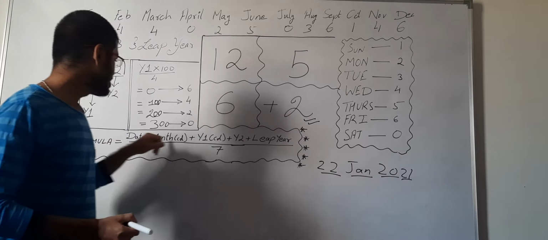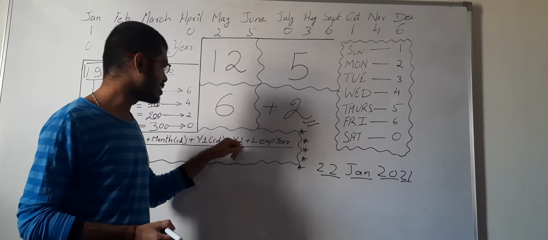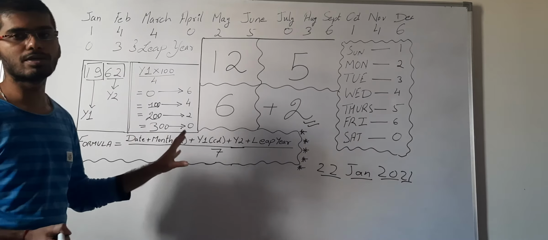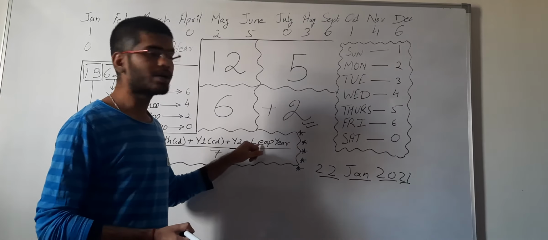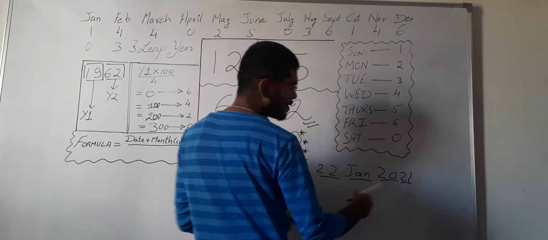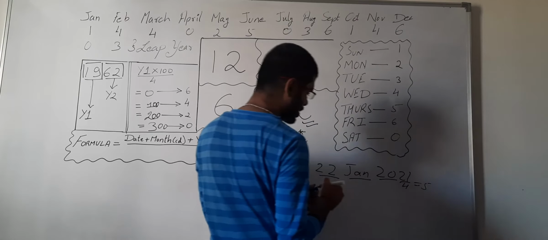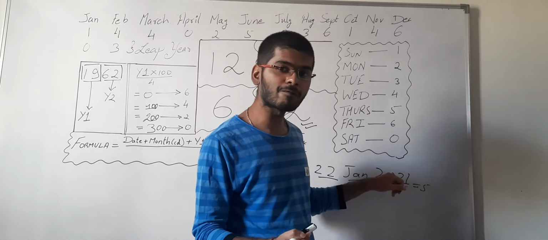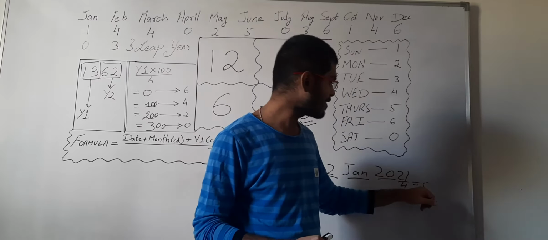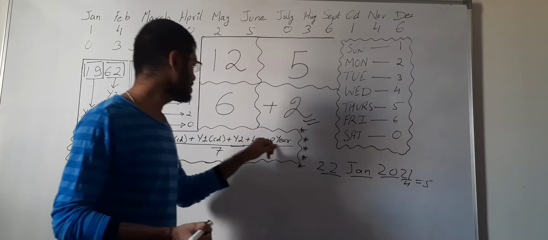Next we have year 2. See, we had the date as it is. Again we will have year 2 as it is, as we don't have a code for year 2 in this entire concept. What is year 2? Year 2 is 21. We will put 21 as year 2 and then the leap year. What is the leap year in this entire concept? We need to divide this 21 by 4. When we divide this 21 by 4, we get a quotient of 5. That is, in these 21 years, how many leap years did we have? We had 5 leap years in this entire 21. So we will be putting this 5 here.